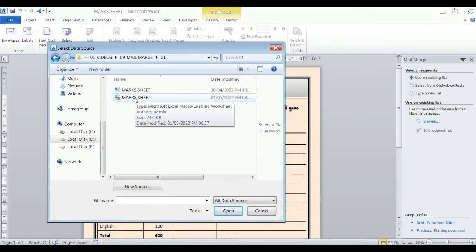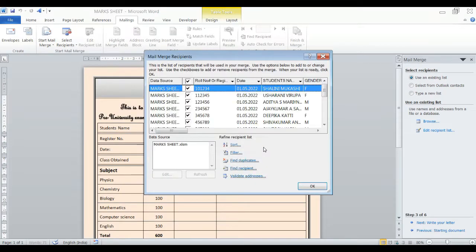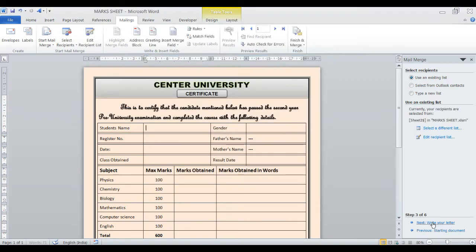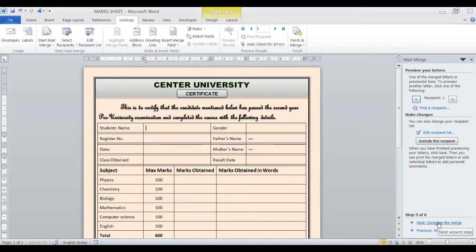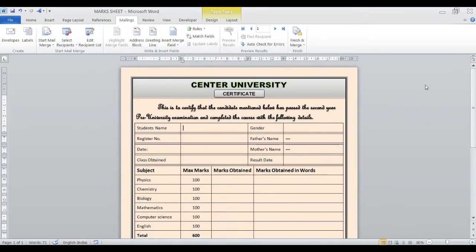So this is the marksheet database. In the second sheet I have prepared the marksheet database. Click OK, and OK, and click Next, Next, complete the merge. Close the mail merge wizard here, and now we need to bring the student name first. So in Mailings, Insert